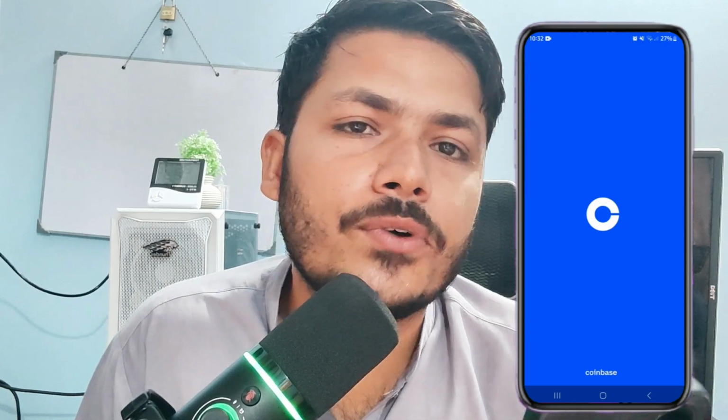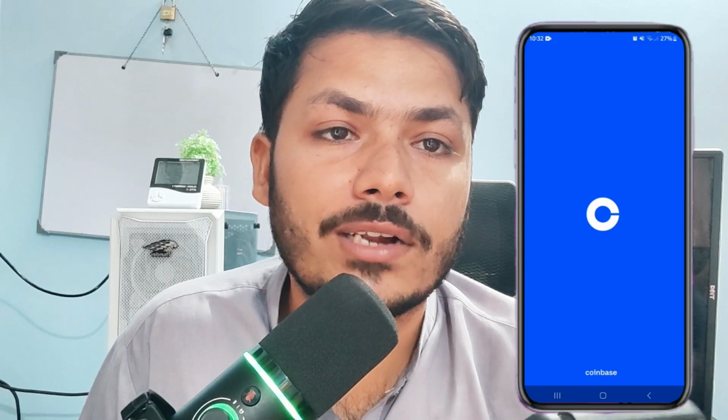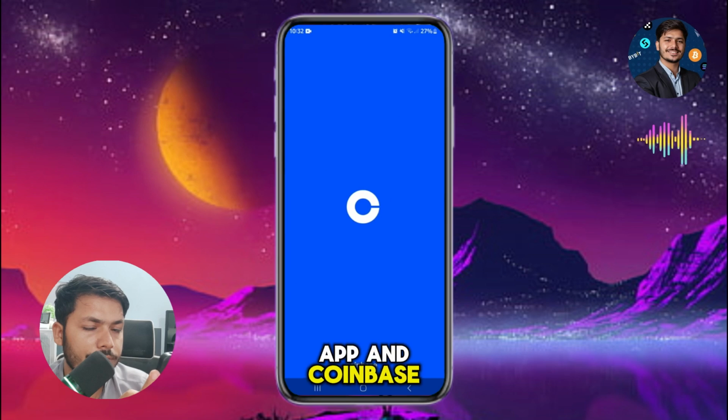Hello guys, today I will tell you how to move crypto from Coinbase Exchange to Coinbase Wallet. So let's get started. First, what you need to do is download both the Coinbase app and Coinbase Wallet